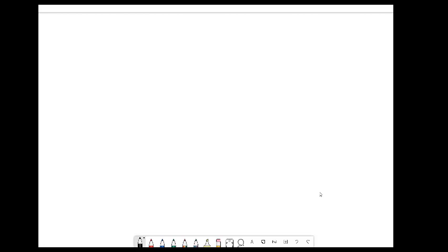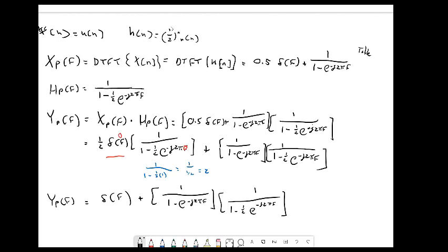And so we followed along this process. We said that x of n was u of n. We had our h of n. We found our DTFTs of each. We had already previously found our frequency response. And so we multiplied those two together and got some functions that we then found, well, we can